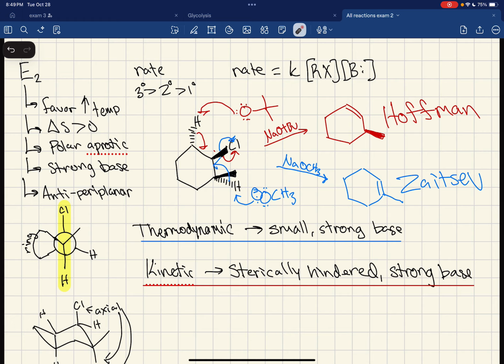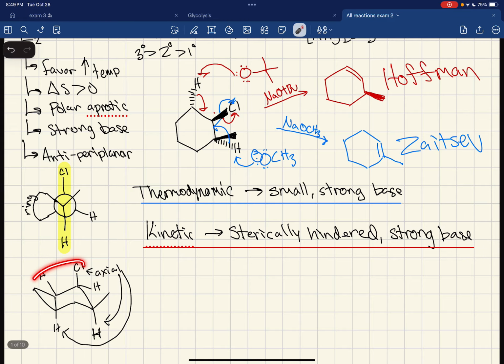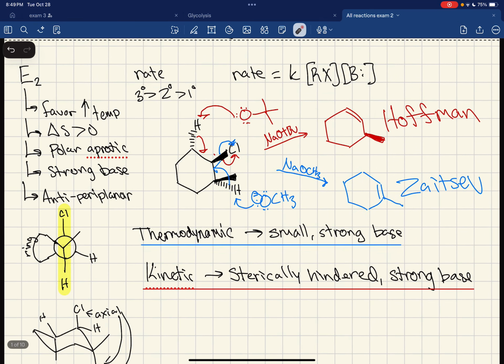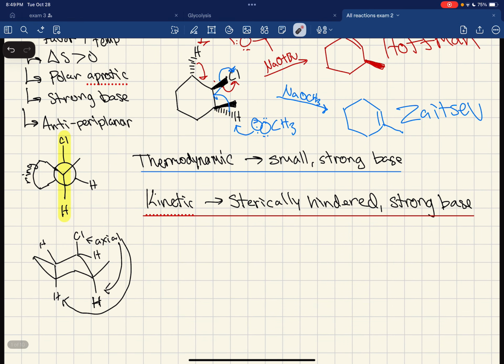And the chloride leaving group and the hydrogen that will be attacked in the acid-base reaction need to be anti-periplanar to each other. This is the example I gave, where you have the chloride right here. I drew it down here as well, where it's up, so I put it as axial. And then the hydrogen next to it will be down. Or over here, this hydrogen. And as you can see, if you look at this from this carbon,